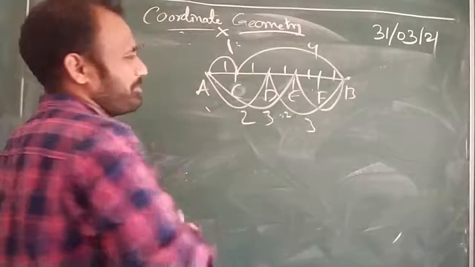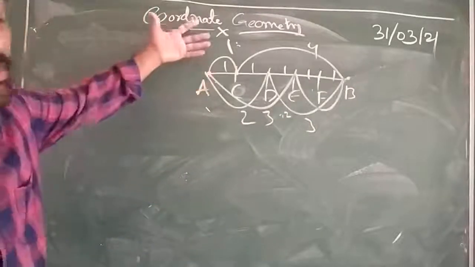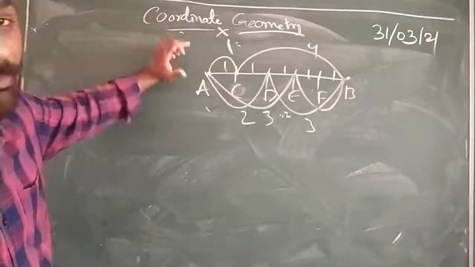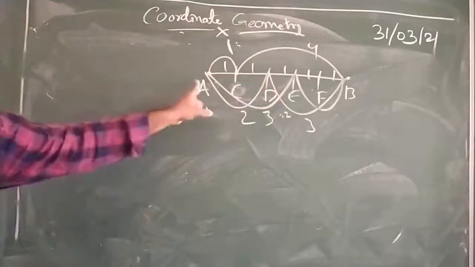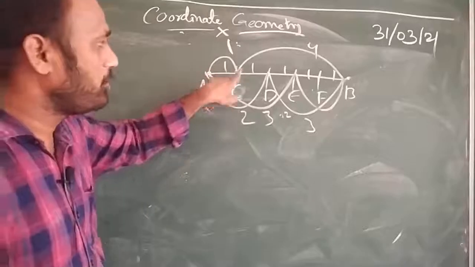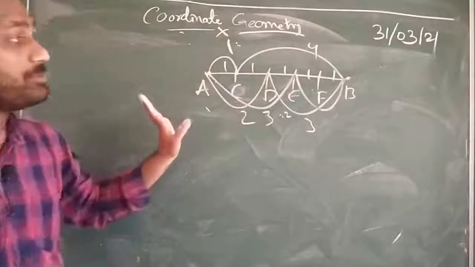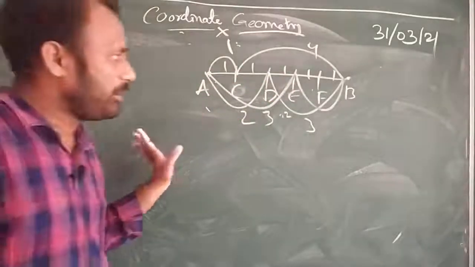3:2 ratio, like this. It may be various, 6 equal parts also, 7 equal parts also, 8 equal parts also. Whatever the question comes, we have to make the line segment in that many parts. So make sure that every part you make is 1 unit, so that we can use the section formula and we'll get the answer.